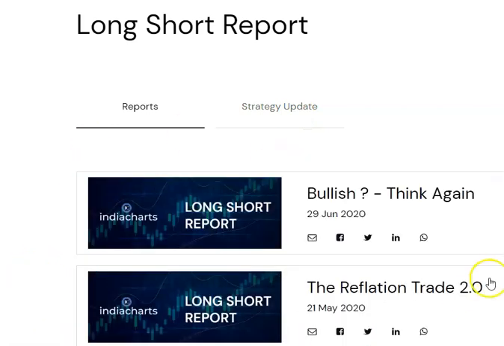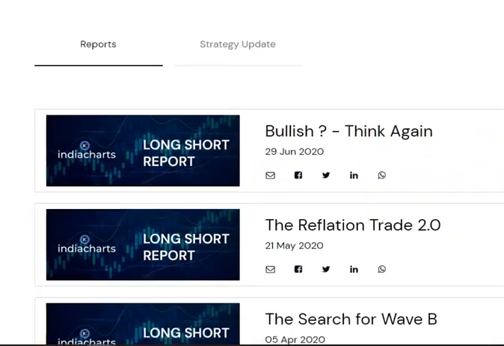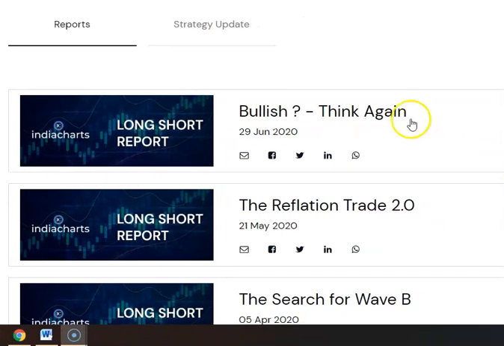Now, of course, you can't see anything because I'm not logged in. Let me do that. So once you're logged in, what you see is the strategy reports. These are each one of them covering the market outlook for the month or 2 months and the long-term charts. Almost 20 to 30 charts that I put out looking at global macro strategy across world markets, currencies, commodities, everything.